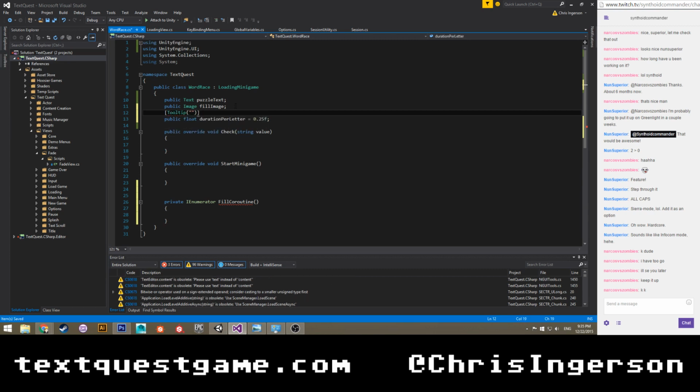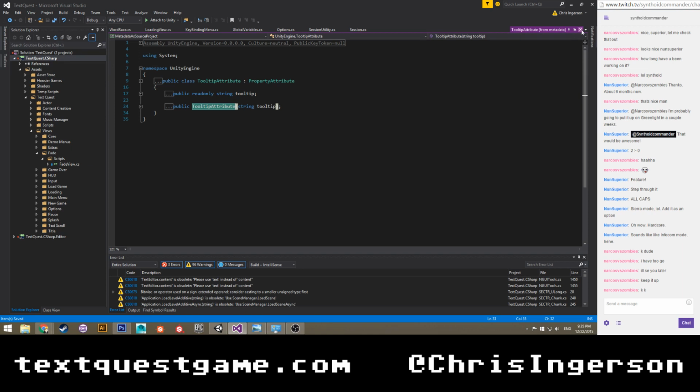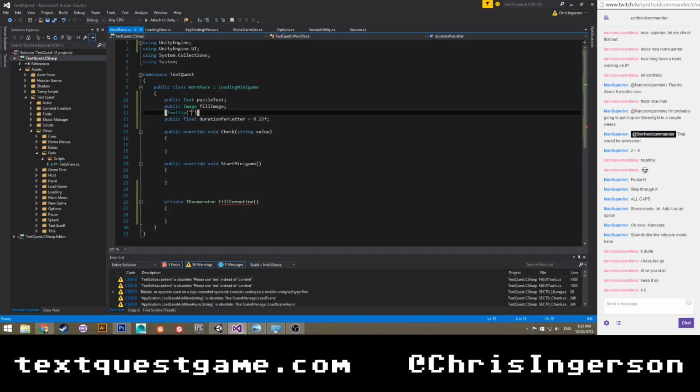For those of you who are working with other people, this tooltip attribute is a very, very nice thing to have. I am 90% sure that this is part of Unity. Okay, good. I wanted to make sure, because for a long time Unity didn't have tooltips, and it's a really nice thing to have in case you need to quickly glance over something. We'll make that 0.5. Let's be generous for defaults.